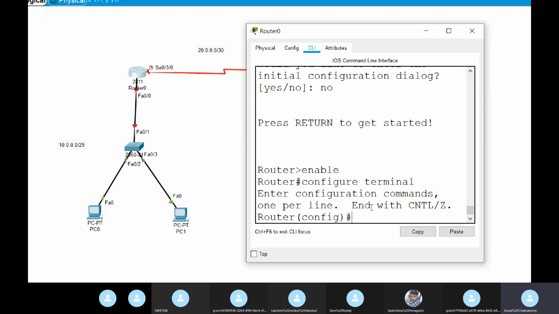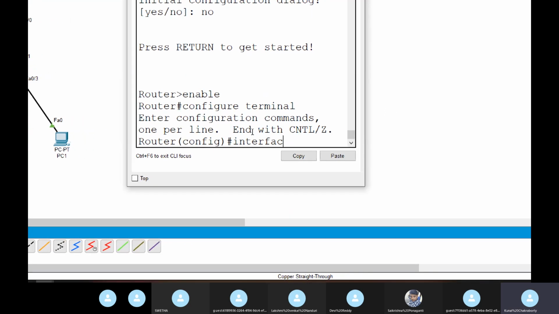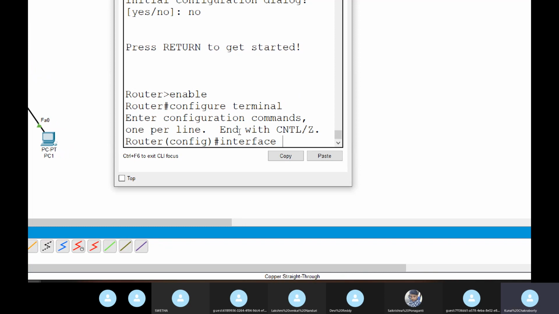To implement an IP address inside this interface, we need to first go inside the interface, right? In order to go inside the interface, there is a command: interface, space, name of the interface. In this case we have FA0/0.